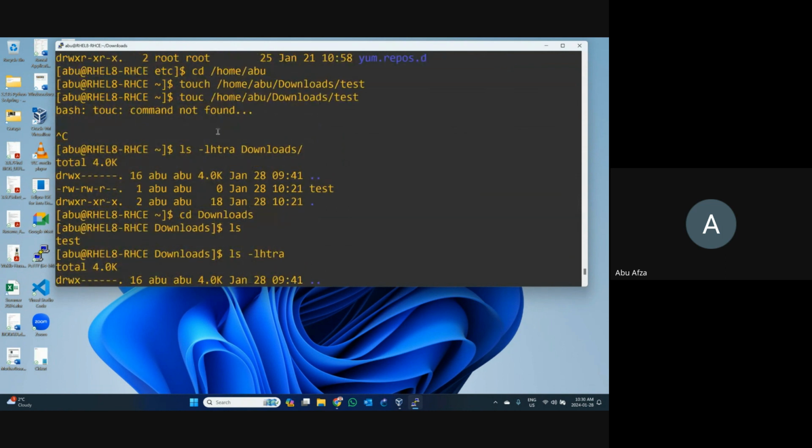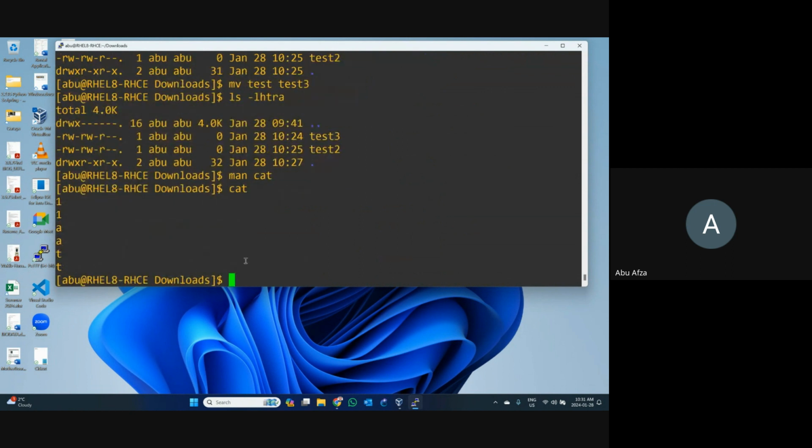Touch command. I used touch to create this one. So let's use the cat command. Using the cat command there is an interesting thing: you can input some value in there. But using touch, you need to write down more things. Let's use cat, then the pipe symbol, and use tee. When you write down this tee, it will be a little bit interesting. I want to do it later, then I will discuss.